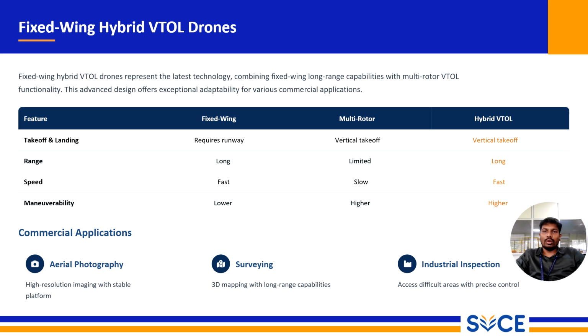Finally, we have maneuverability. The fixed wing is less agile, while the multirotor has high maneuverability. This hybrid VTOL again